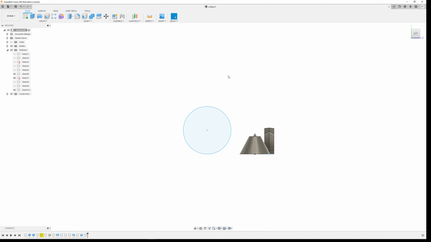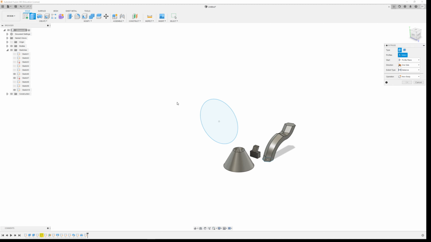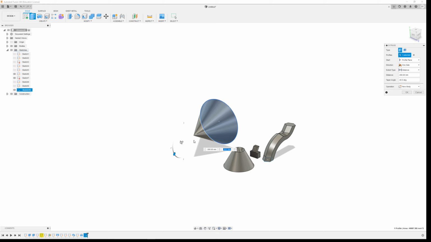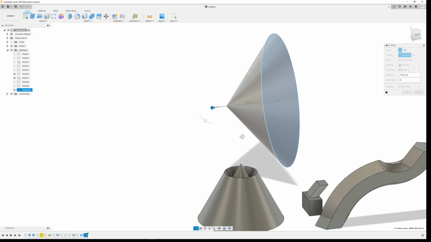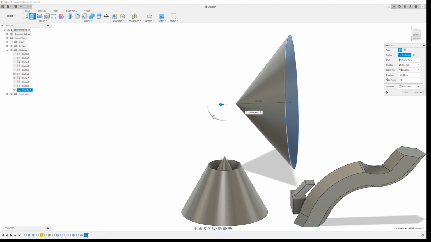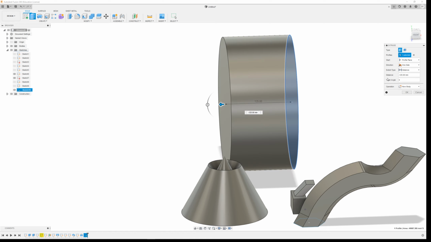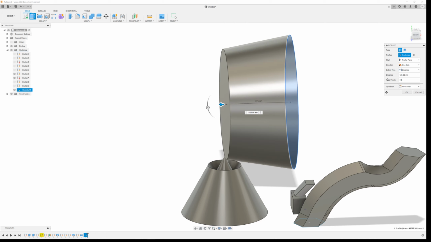This is like the base of the cone, right? And when you extrude this, it's just going to be a cylinder. But how we change our angle, if you change our angle like this, you just got to know the angle that your cone is at. So if you determine your angle is going to be minus 50 degrees, that's going to be your cone. 90 is flat, it's not going to do anything, and 0 is perpendicular. So minus 10 degrees means you're going to have a cone that